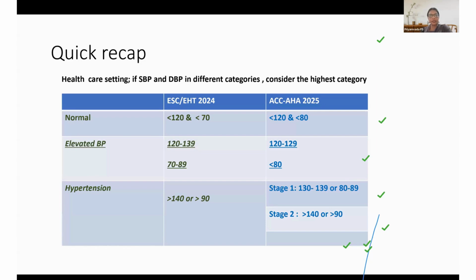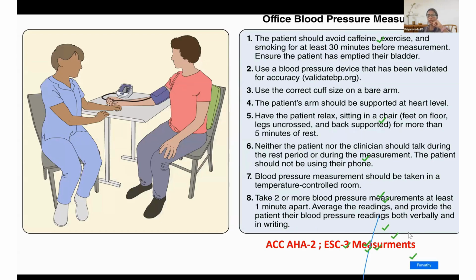And again, this blood pressure has to be measured in the healthcare setting, even though ambulatory blood pressure and home-based blood pressure monitoring is used increasingly, maybe because these techniques are not really widely available. The decision to classify someone as having hypertension and the decision to start treatment is based on office blood pressure measurements. And if the systolic and diastolic blood pressure fall in two different categories, then consider the highest category, whichever it is, either systolic or diastolic. And again,